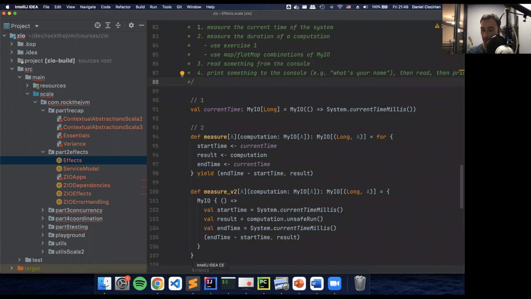So part of my learning process is, at this point, quite built into me, but it wasn't that way for a long time. But I try to learn a topic or a piece of a topic with the goal of learning it being to explain it to someone else. So if I'm learning something, let's say Zio fibers, I want to read about Zio fibers until I can convincingly explain to someone else that has never seen fibers in their life what a fiber is, and then they'll be good to go.